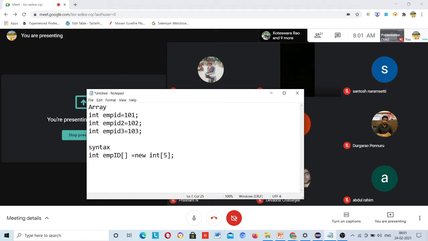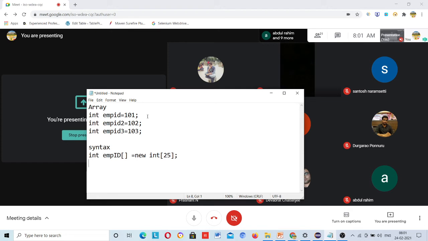When you are not sure about the values, then the array should be declared this way. Now suppose you want to store 10 people's data, then just make it 10. Tomorrow 25 people, just make it 25. So this is the array size: how many values the array can store.